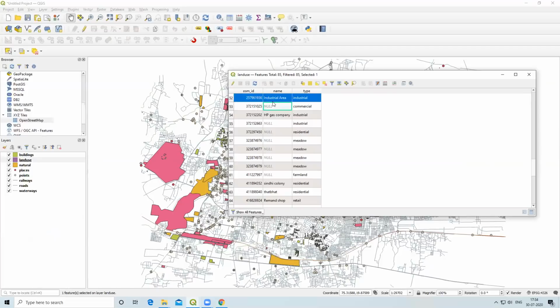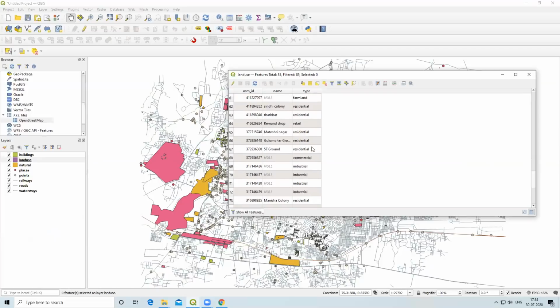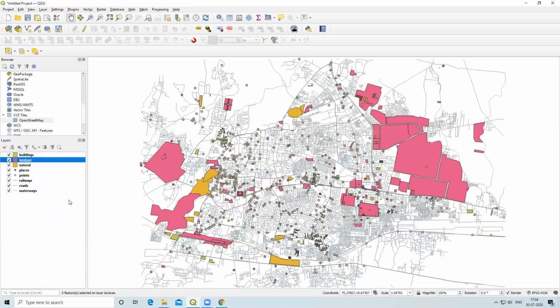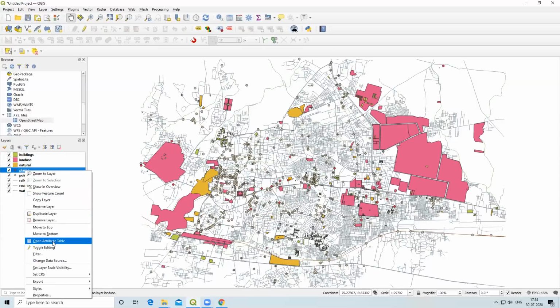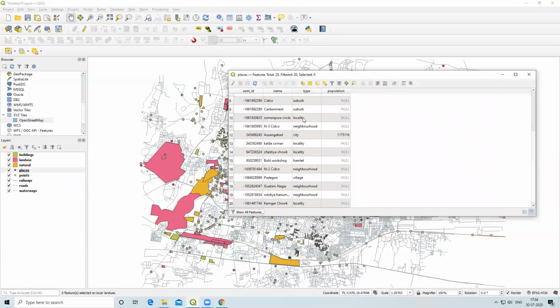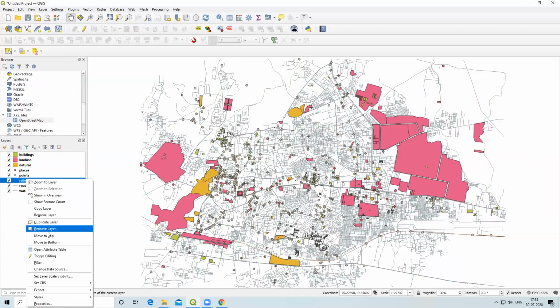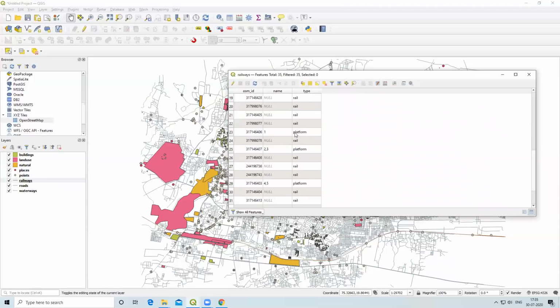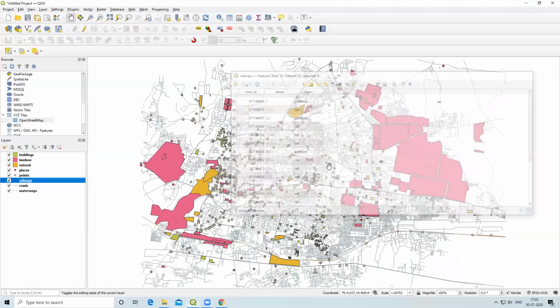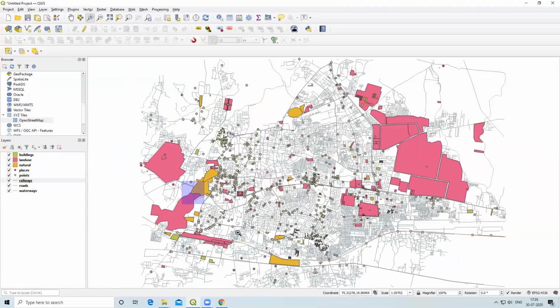Commercial area, industrial area, meadow, land use is showing there. Then some important places are there. All the names of the places are there, locality. So all the information is there in the attribute table.